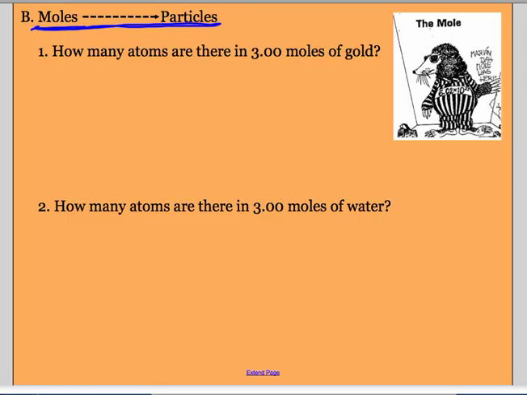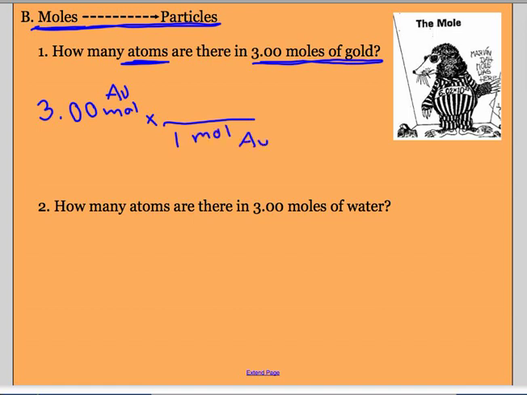If you look here, they're telling us they want atoms, and they're telling us that we're starting with 3 moles of gold. So we're definitely doing moles to particles, because that's what they're telling us we have. And I'm going to start off with what they tell me. I have 3 moles of gold. Now remember, you don't have to look anything up. You automatically know Avogadro's number. You know that 1 mole of gold